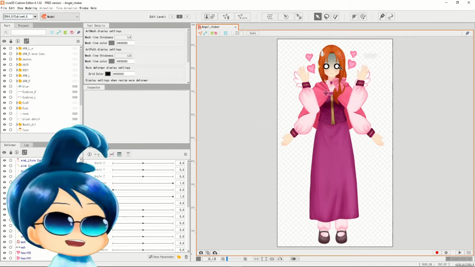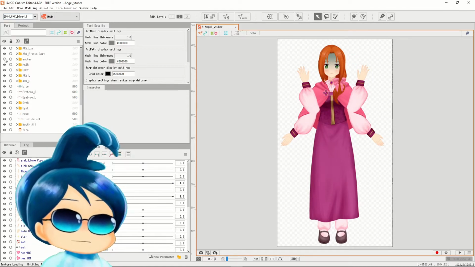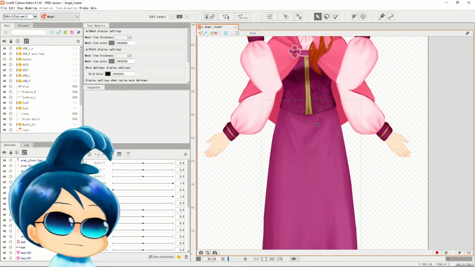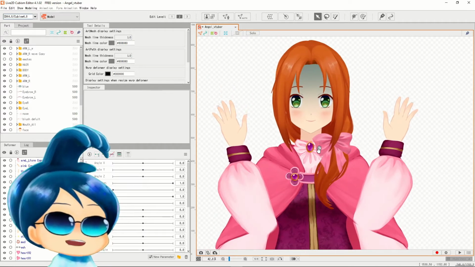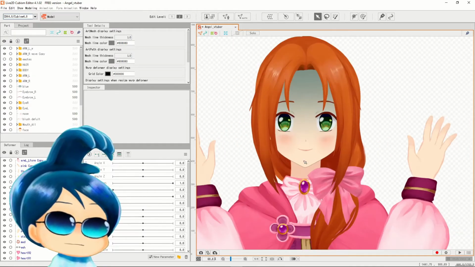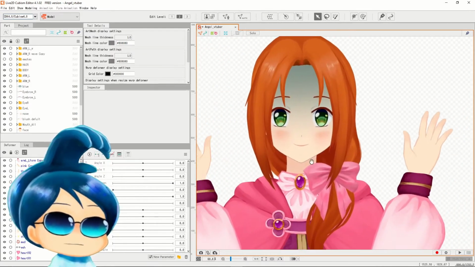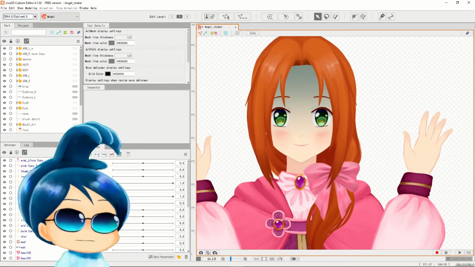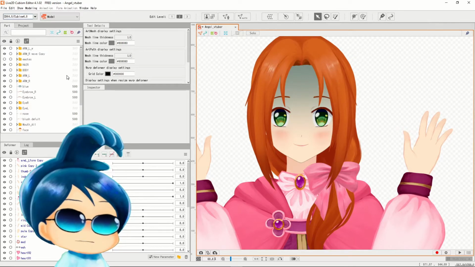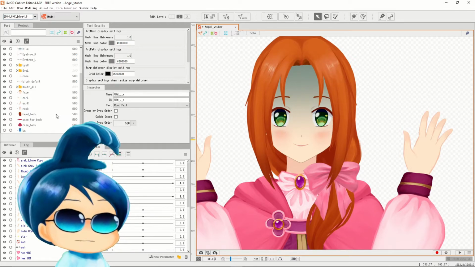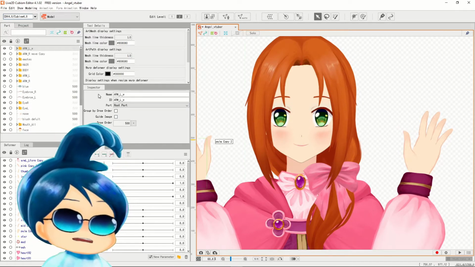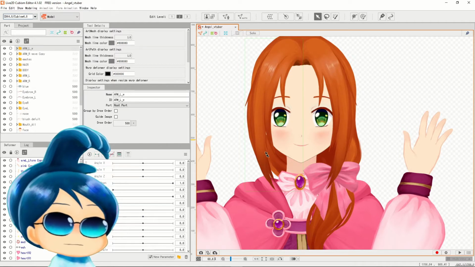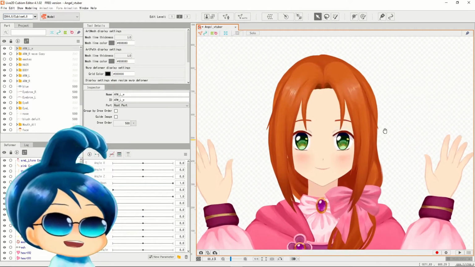Alright, she has 4 arms and a lot of emotes on her right now. Middle scroll mouse key for zooming in and out, and space bar for moving around the canvas as usual. I have previously prepped all the files and I will show you how in a different tutorial. And let's turn off the blue face. Yeah, there we go. She has a lot of different layers, and typically to start rigging, what we do is